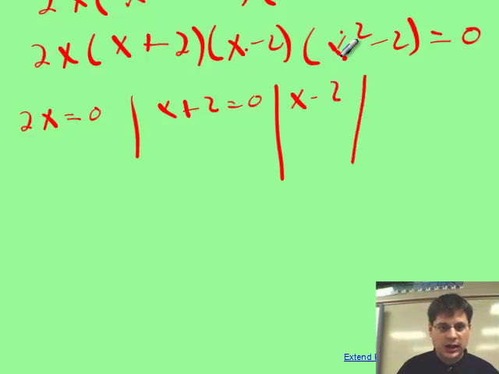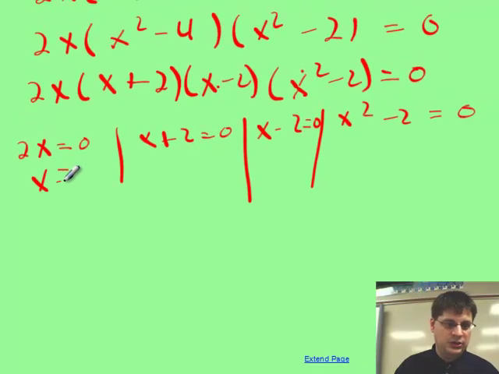And then x squared minus 2 equals 0. And so x would equal 0 here, x would equal -2 here, x would equal +2 here,